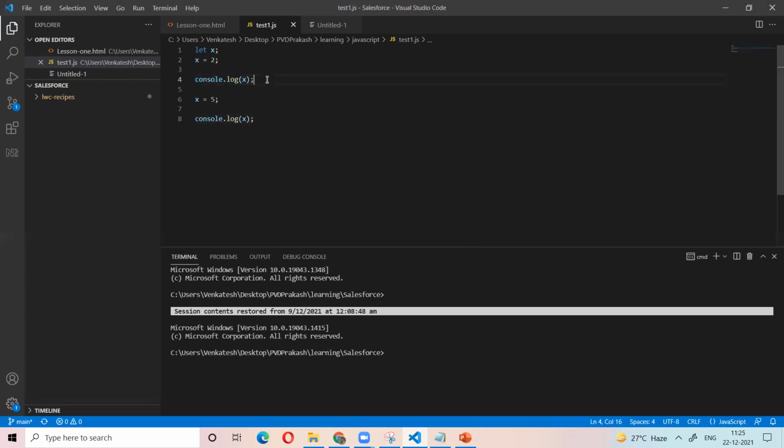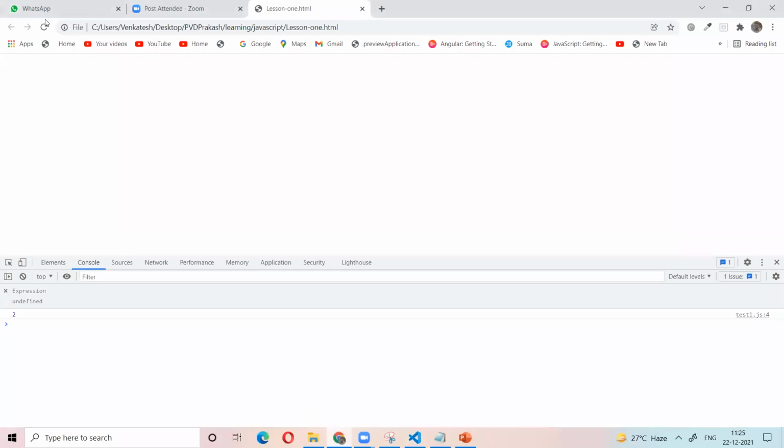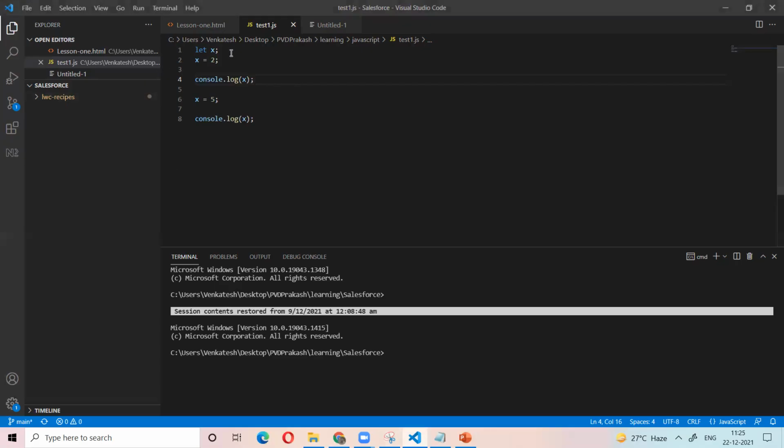For the fourth line, what is the value that will print? Fourth line, it is 2. No, sir, I think 5. Let's see. 2, then 5. That means we have the variable X, a box.